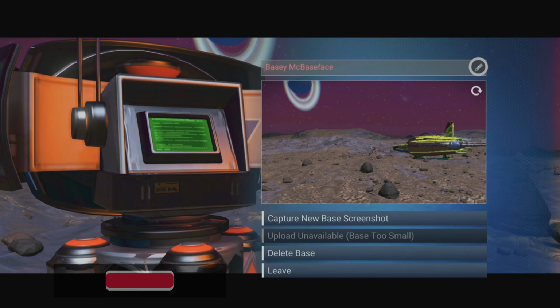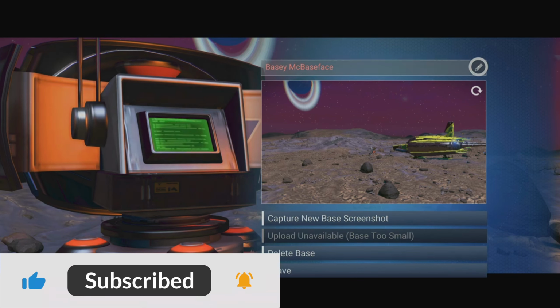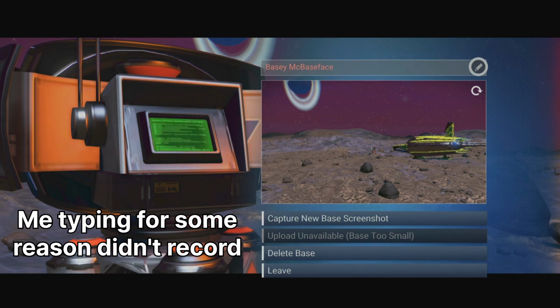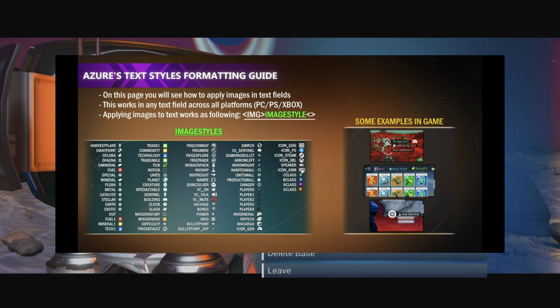Right, I'll start off with talking about text formatting in various areas of the game, as I came across it again on Reddit, and it's basically the inspiration for this video. Obviously, this is nothing new, but the whole point of this video is forgotten features, right? Well, Reddit user the John Zoo created a comprehensive text style and formatting guide, which you should be able to see on your screens now, but I will also link the Reddit post in the description for you to check